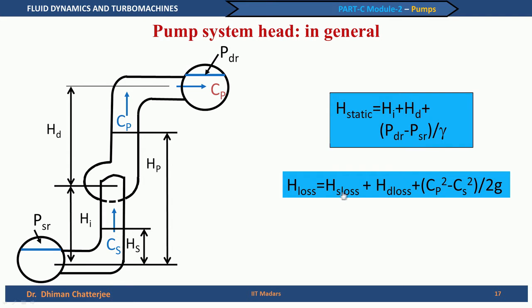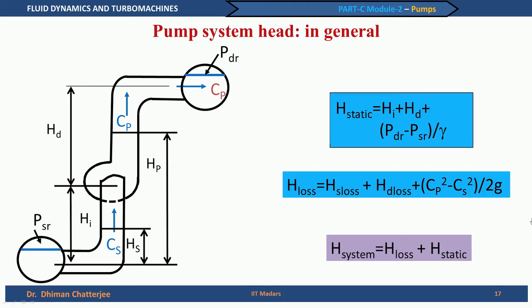H_S loss is the loss taking place in the suction side of the pipe, H_D loss the loss taking place in the discharge or the delivery side of the pipe, and if there is any change in kinetic energy, that also has to be considered, because that has to be supplied by the pump. And hence we can write